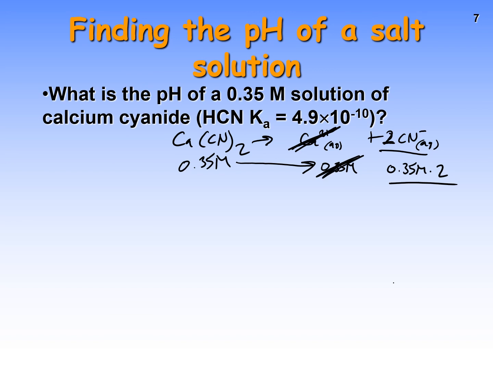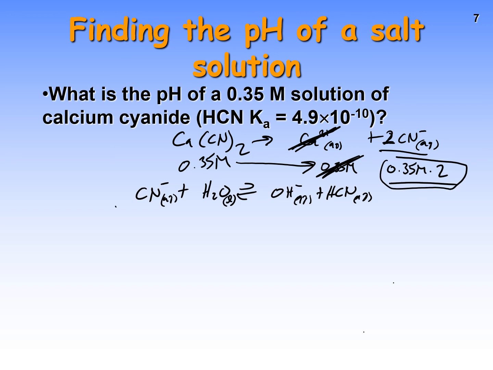So the next bit is that CN minus is a weak base. It reacts with water to form OH minus and HCN. This is aqueous, water is a pure liquid, and this is aqueous. Now, this is our concentration of CN minus in solution. So if we write out our ICE table, we have 0.70 molar. Don't care about pure water, it's a pure liquid. And 0 of these two initially as products. Our change is minus x, plus x, plus x,